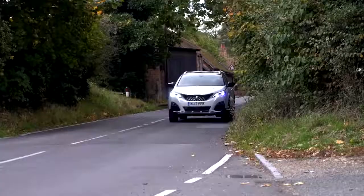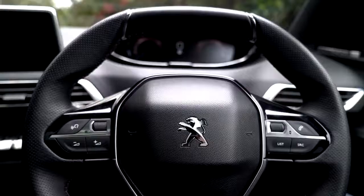Now, the 128 brake horsepower 1.2 litre petrol engine might be the entry-level choice in the range, but we think it's one of the best. Team that with Allure trim and you also get sat-nav, dual-zone climate control and front and rear parking sensors. In fact, it's so well equipped that to that lot, all we'd add is keyless entry and start and a